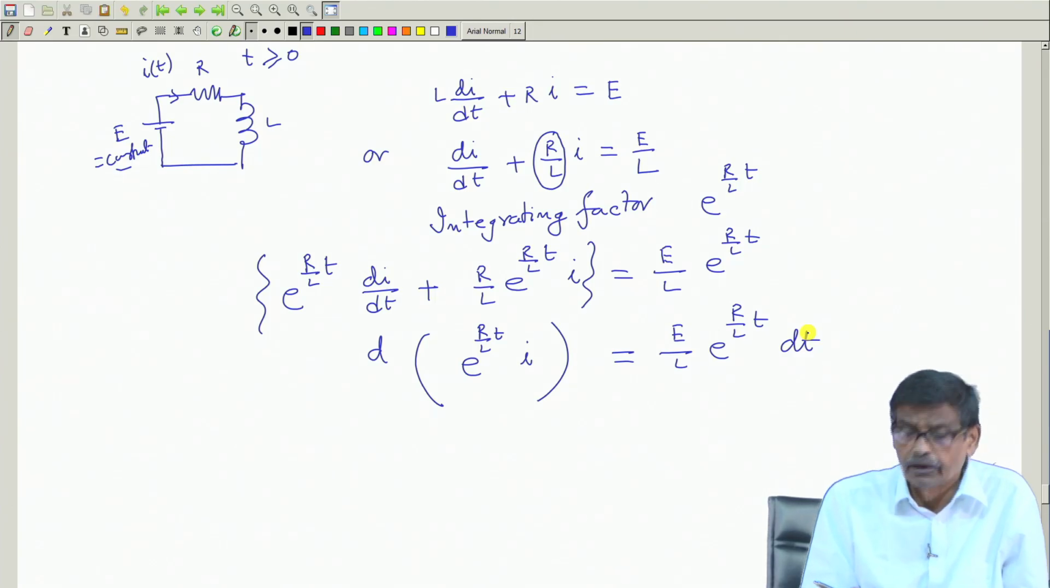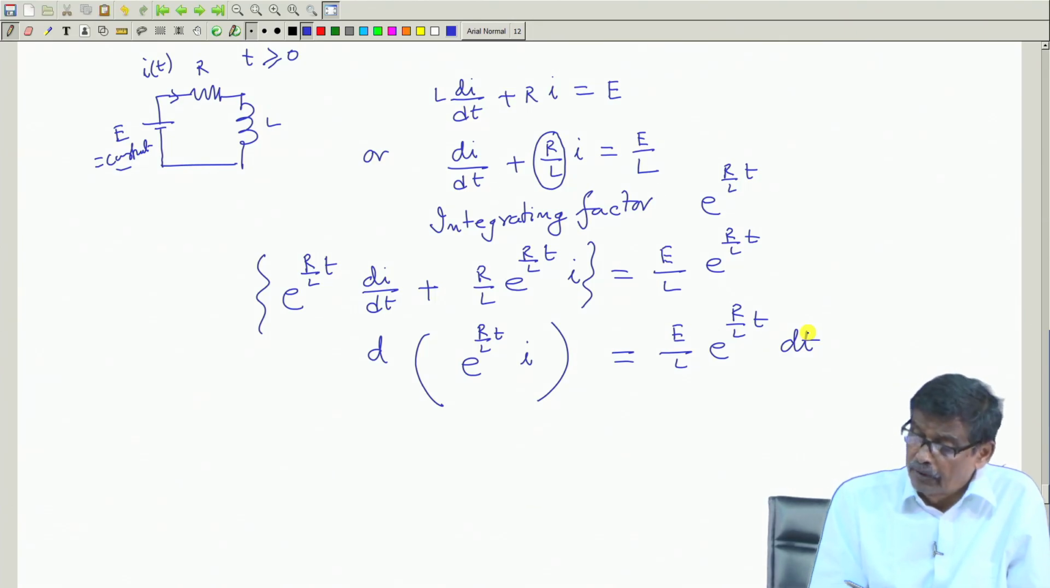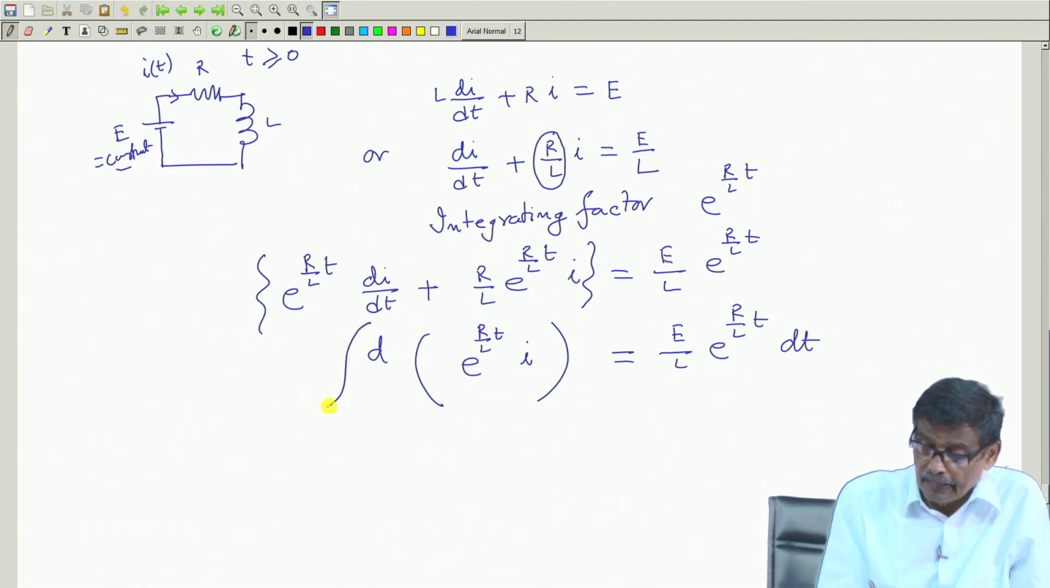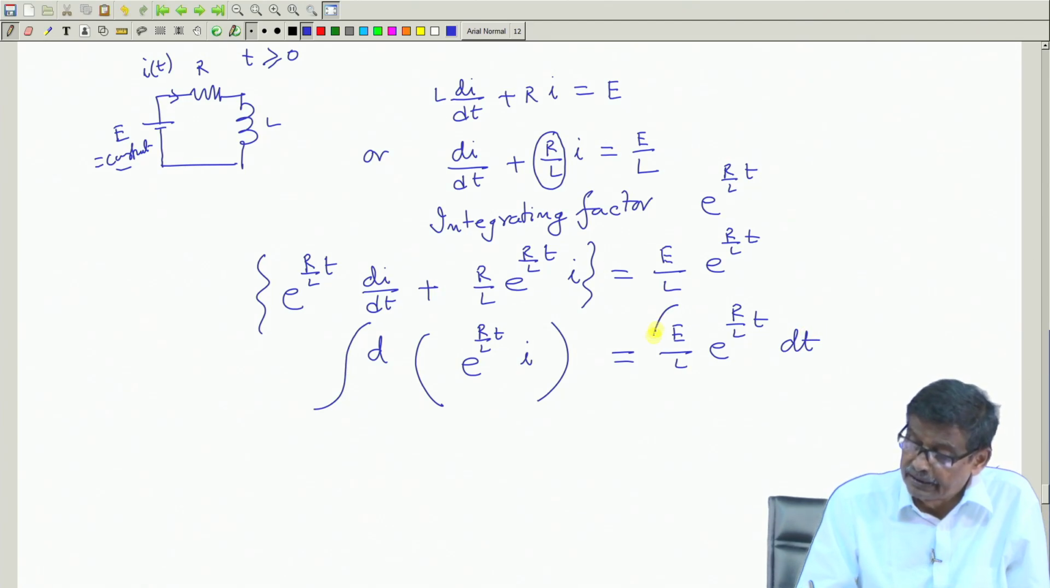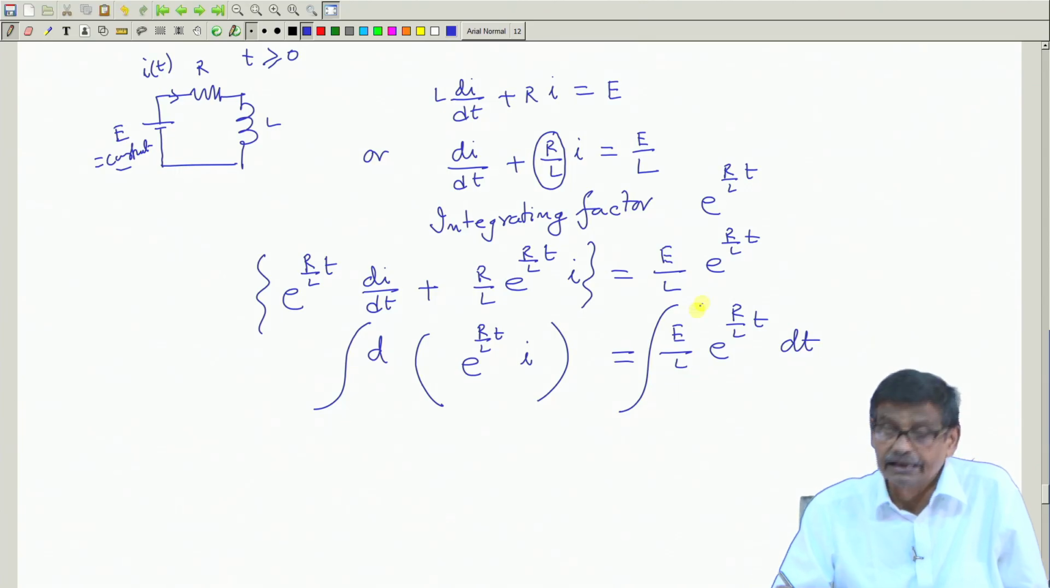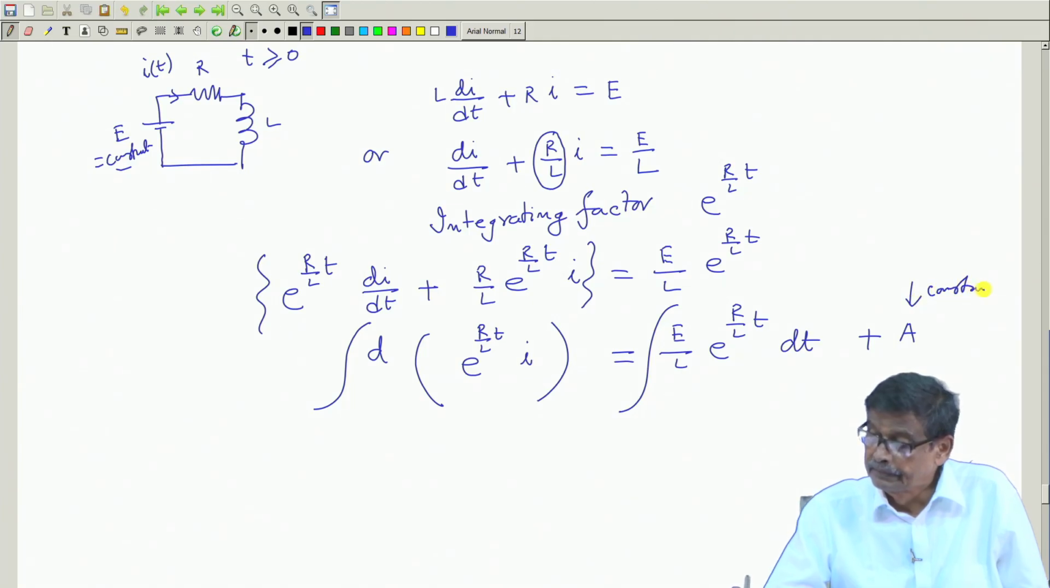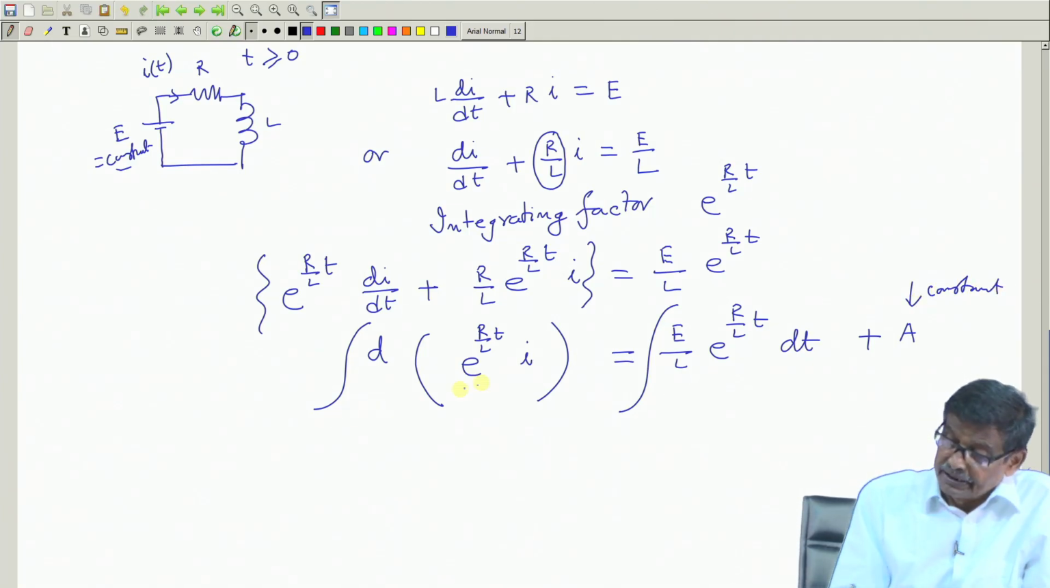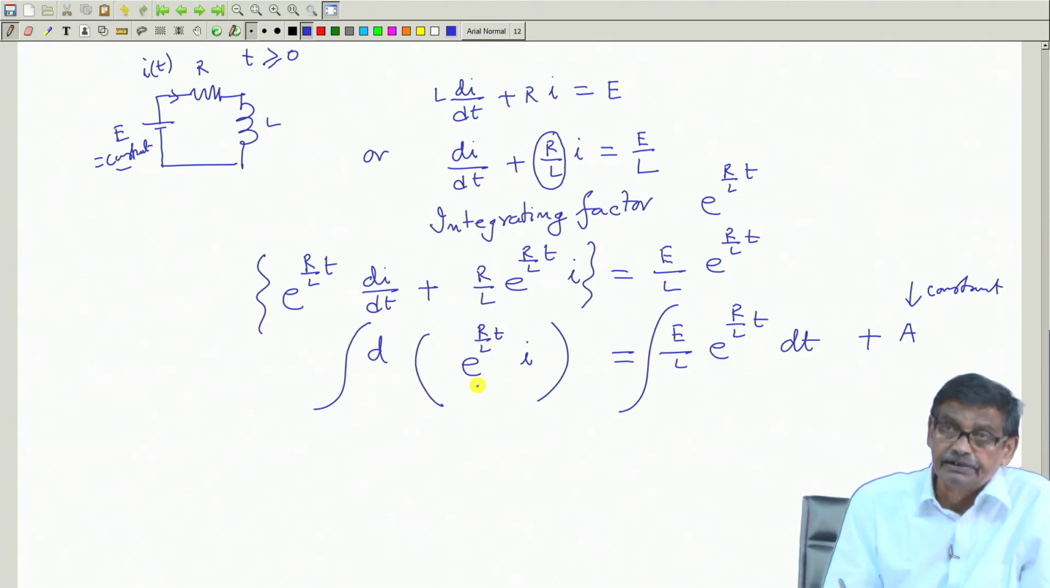My goal is to find i(t). Therefore, I will integrate both the sides now. Okay. Now, if you integrate both the sides, without any limits I am putting, so there must appear some constant A, an integrating constant. Now, the integration of the left hand side will be, because this itself is the differential, this one only,